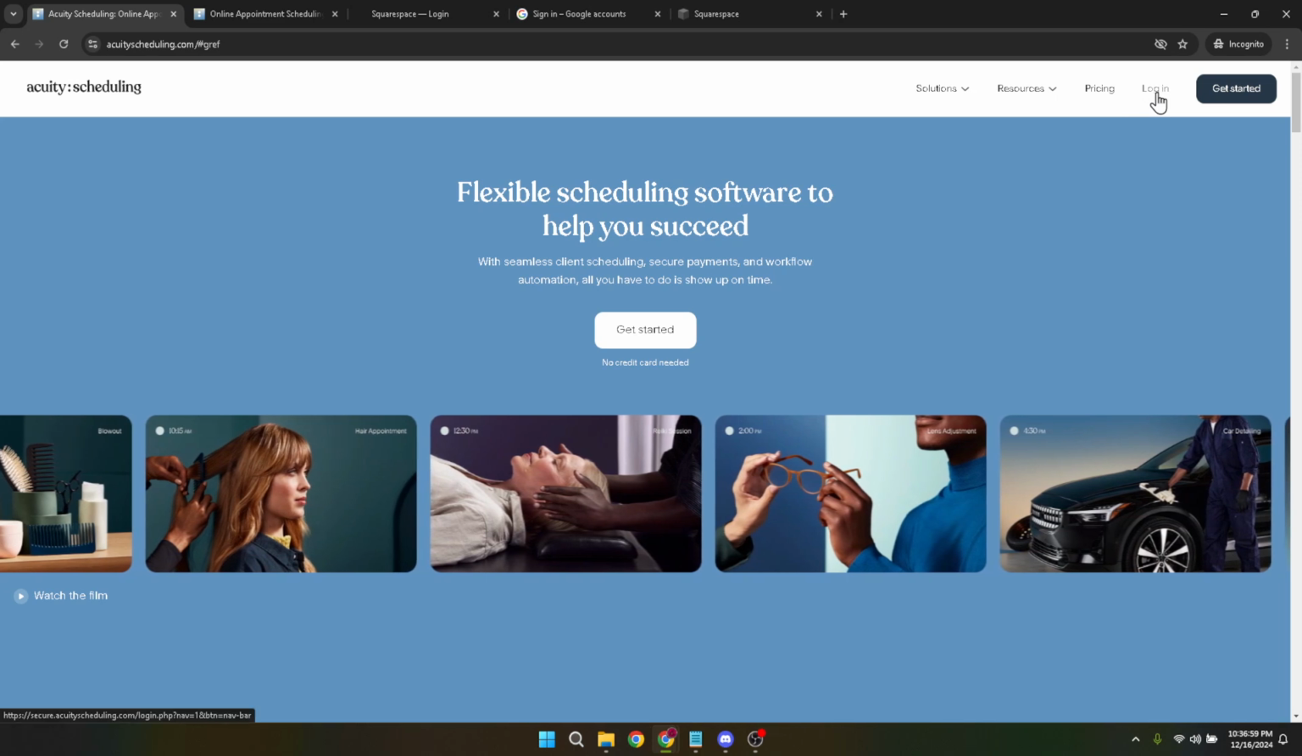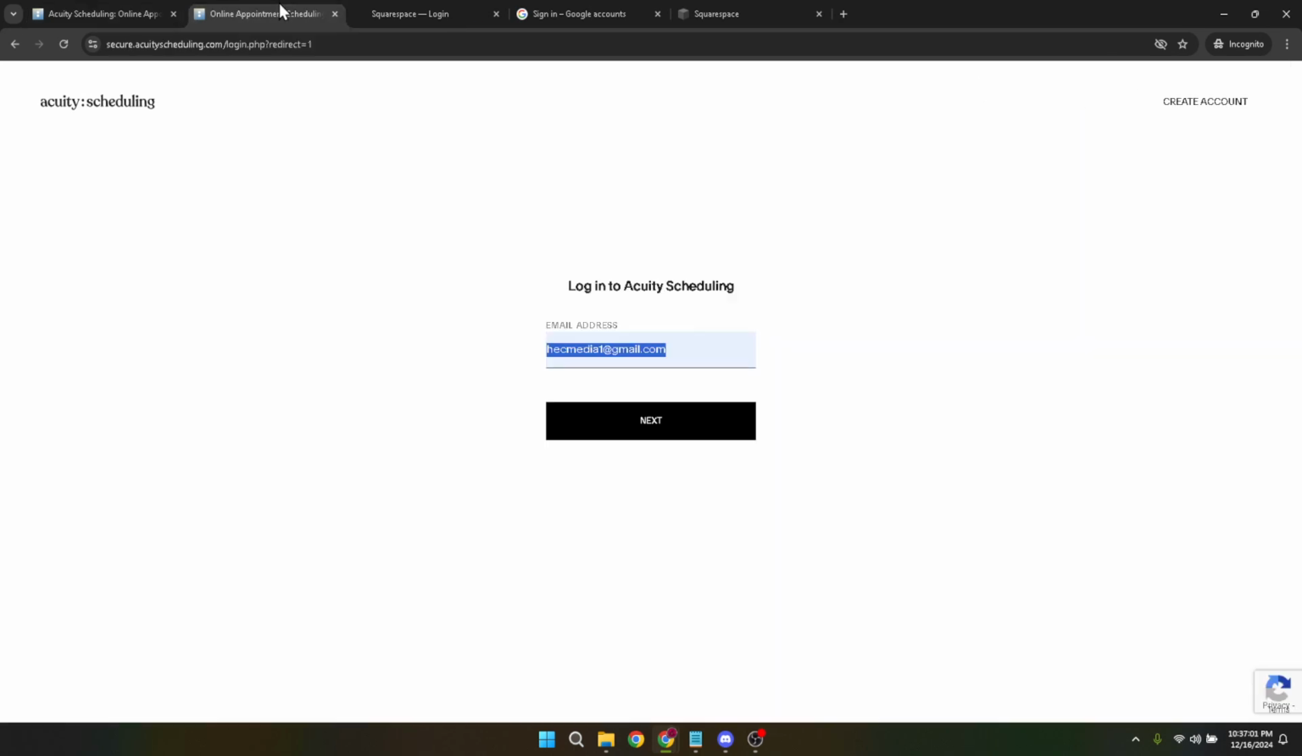Now you'll be prompted to enter your email address. This should be the email you used when you signed up for Acuity. If you've got multiple emails and aren't sure which one you used, you might need to try a couple before hitting the right one. After typing in your email, you'll need to click Next. This might seem like a small step, but it's all part of ensuring your account security and directing you to